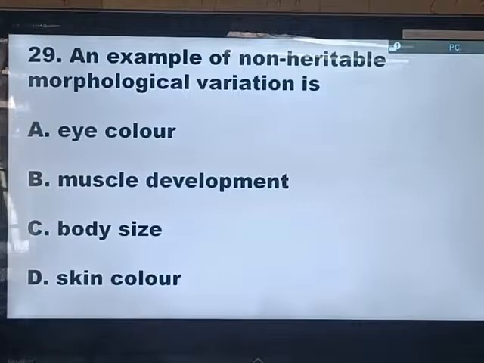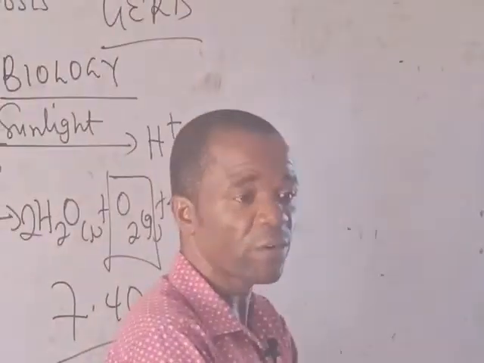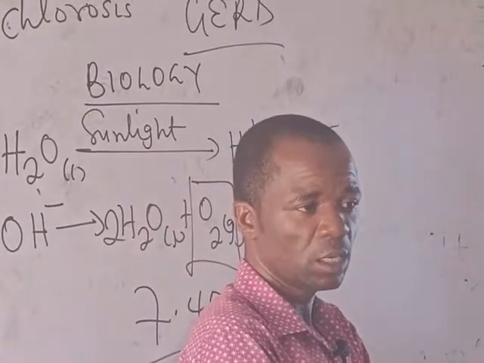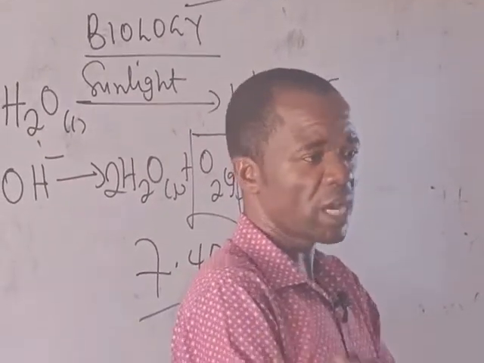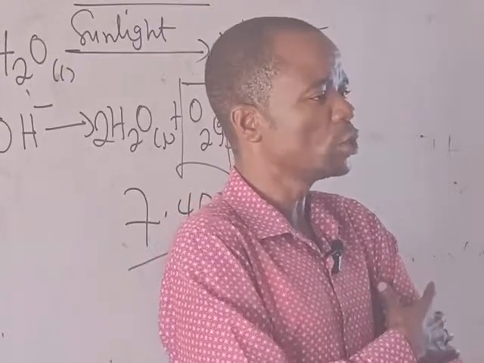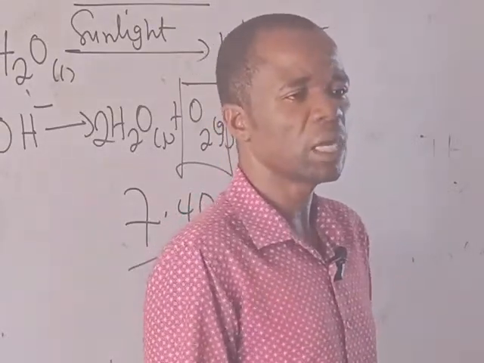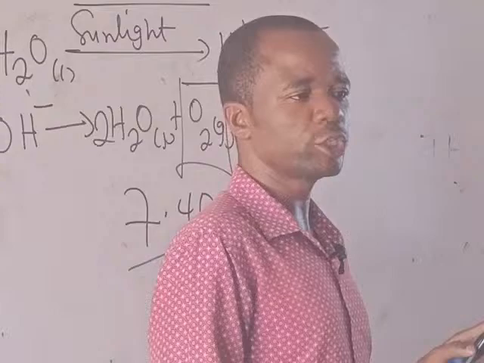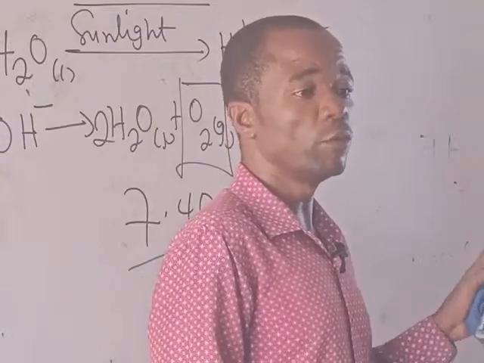For example, imagine a bodybuilder or maybe a wrestler who has well-developed muscles. If that wrestler gives birth to a child, that doesn't mean that the child is now going to be born with very big muscles, resembling those of the parent. That doesn't happen. As a matter of fact, if you go to evolution rather, and